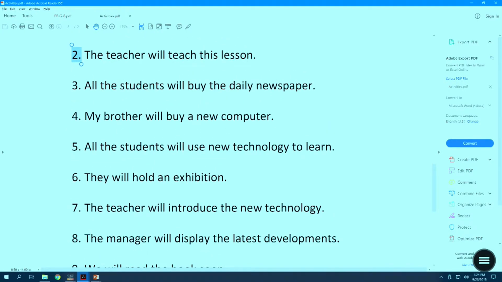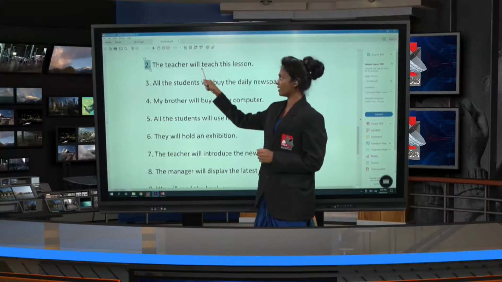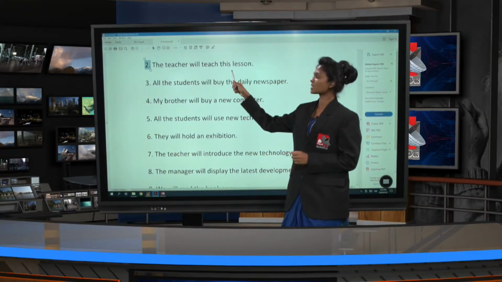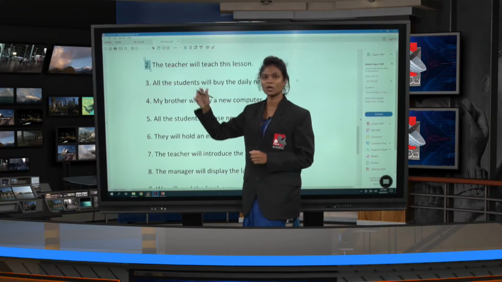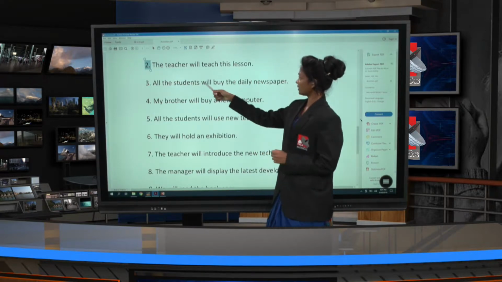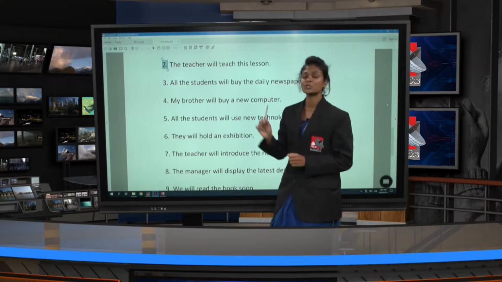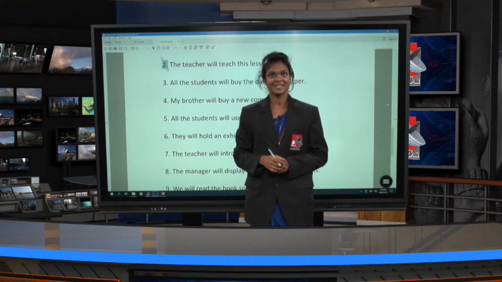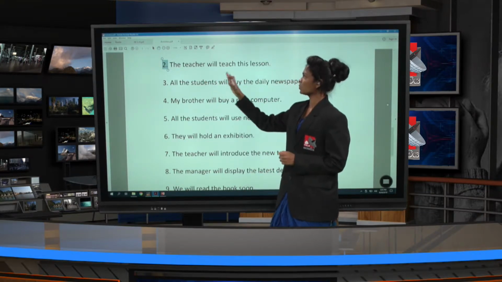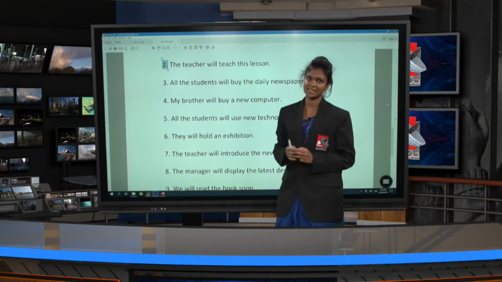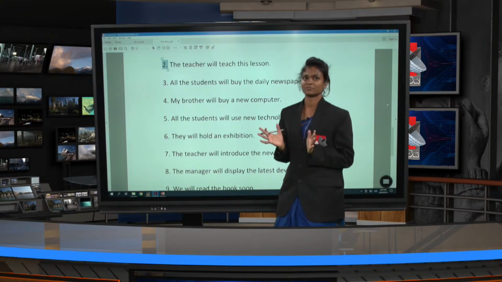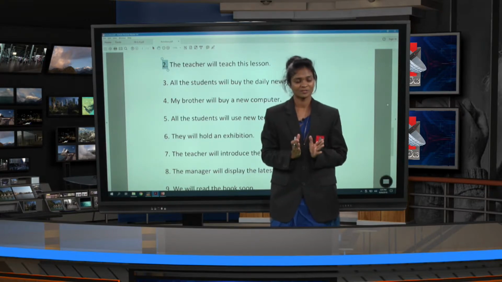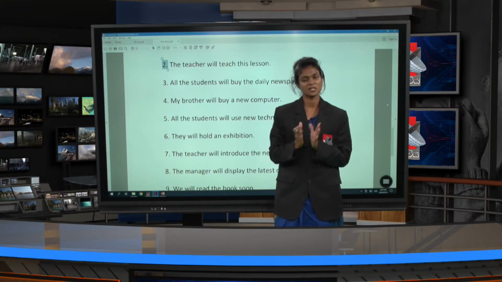Then here, subject, will plus verb, this is the object. Then this should go to the first. If you are going to write it, the T here should be capital, right? Then this lesson will be taught, T-A-U-G-H-T, taught, that is all. This lesson will be taught, if you want, by the teacher. It's not necessary,